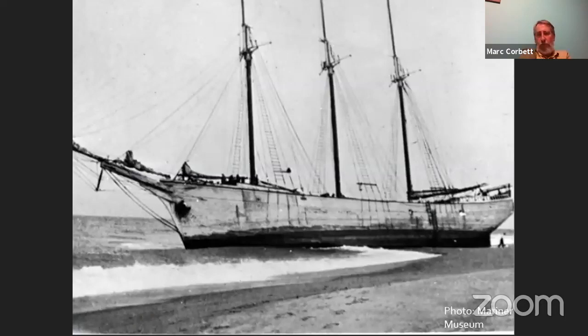Wooden wrecks are less common for us as divers than the iron steamships. And the reason for this is that the wooden vessels are often buried in the sand. They get eaten by shipworms and break up and get washed up on the beach. Schooner Irma is at times uncovered. And while it's really close to shore, sometimes you can dive it on a high tide day